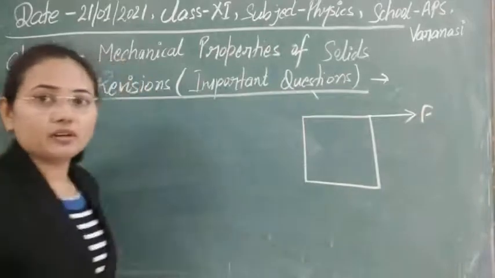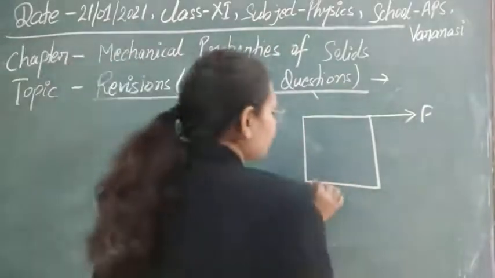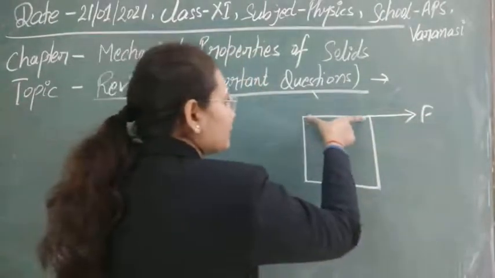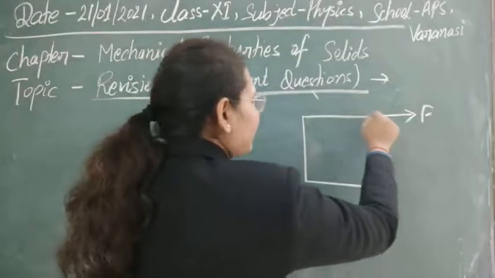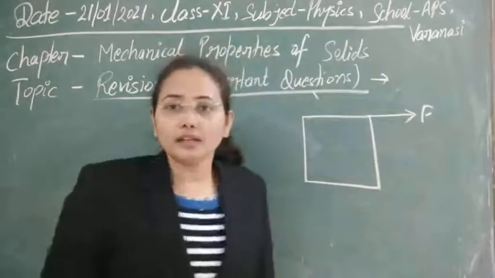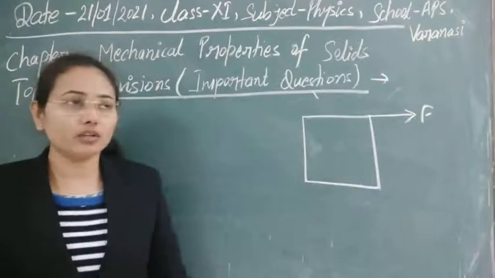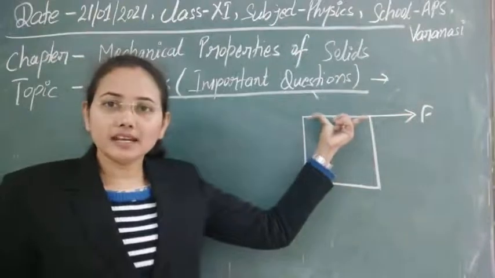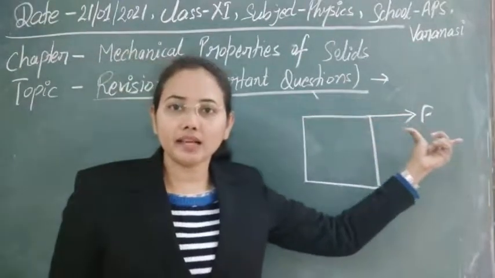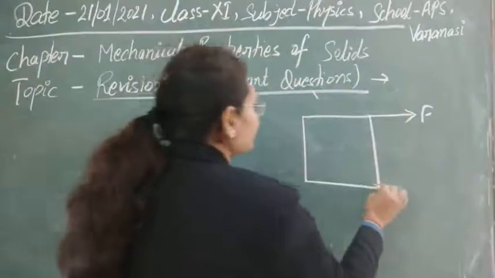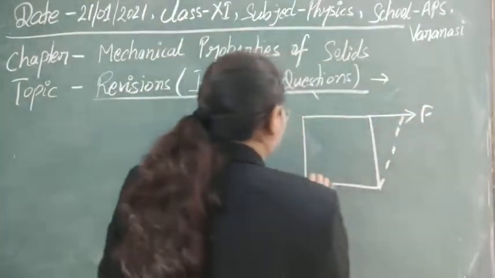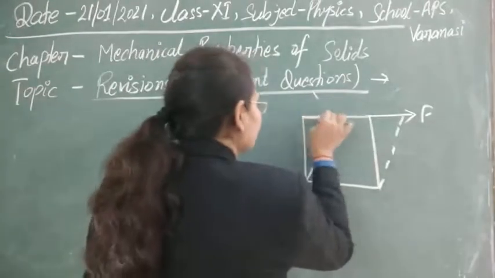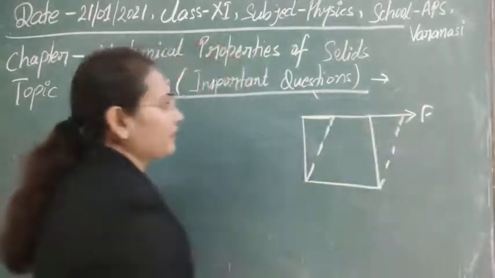Then, due to the application of this tangential force, obviously, if this end is fixed, then this end starts to elongate. Suppose this is a length and we are applying a normal force to this length, then due to the normal force, obviously the length will change. So if you look only at this side, there is a change in length that will occur. Suppose some length changes here, and this is the system we will get after this.